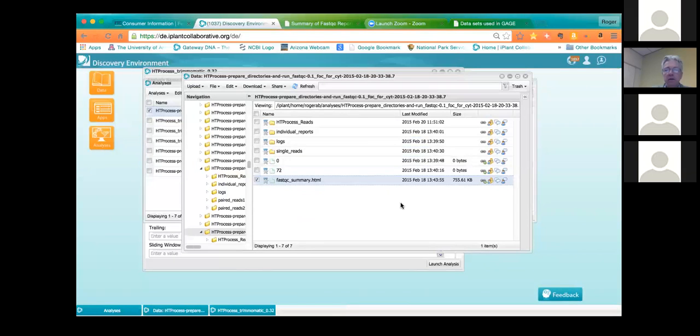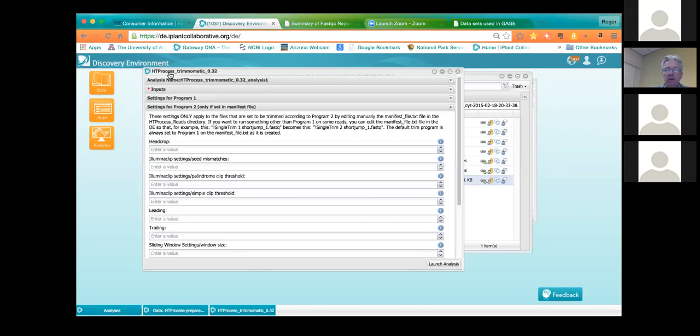And so I think that's most of what I need to say about these two applications and describing how to use them. We have, again, the HTProcess, prepare reads, and run FastQC, and we have Trim-O-Matic, the HTProcess Trim-O-Matic. And if that's all you ever use out of the HTProcess pipeline, I think you will find that it can serve you well, especially because it helps you keep your data in an intelligent collection form and also gives you this essential feedback. And I guess one of the things I didn't show you, but you would probably be able to figure out on your own,